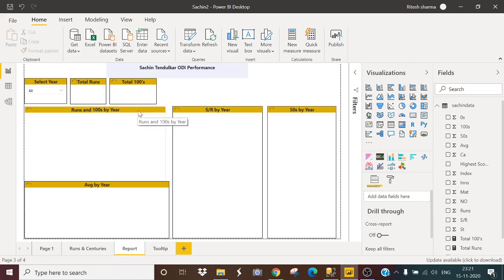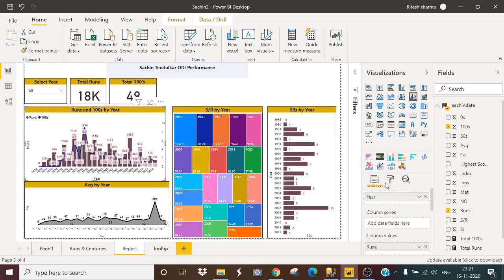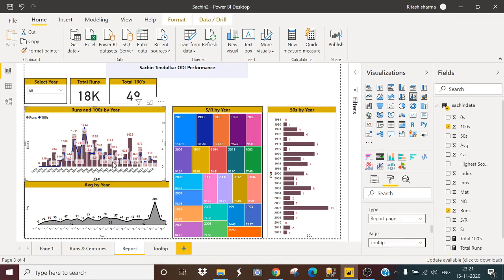I will select this graph and go to format, and I will go to my tooltip option. Here I will select the report page and the page type will be tooltip. Now see the magic here.